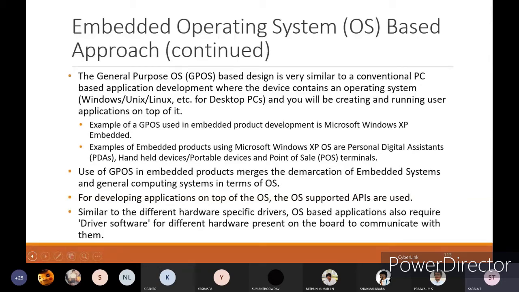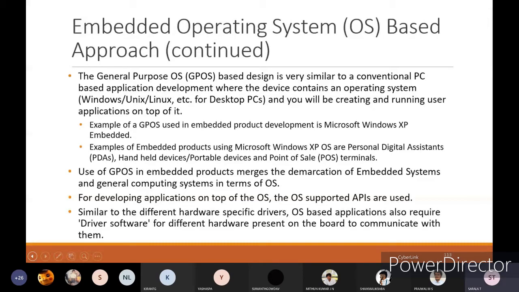You may have difficulty identifying whether the product is general purpose or an embedded system. That is the main problem we will face here.